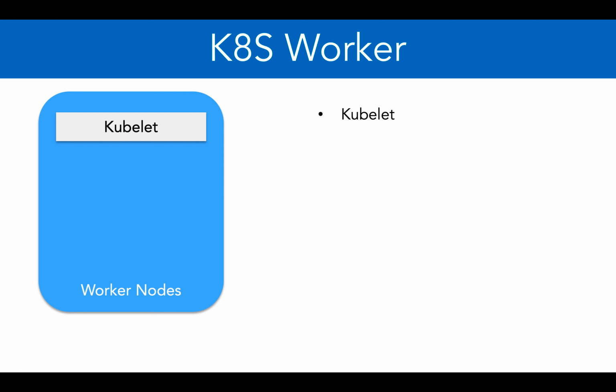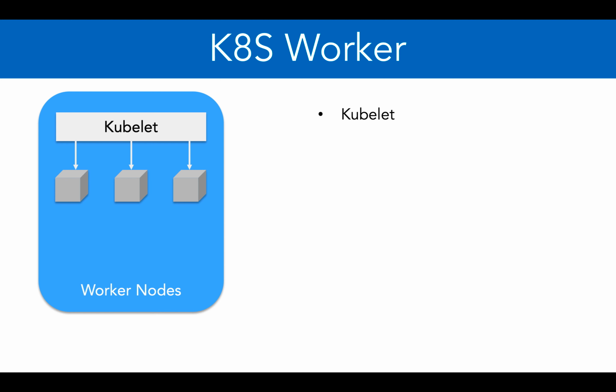What kubelet does is it talks to the Kubernetes master. So whenever we ask Kubernetes master via kubectl that these are the number of containers I want, this is the amount of RAM I want, and these are the number of CPUs for each container, the Kubernetes master sends it to the worker nodes, and the process which accepts that communication is kubelet. So kubelet gets the instruction from the master node and then it launches the containers.